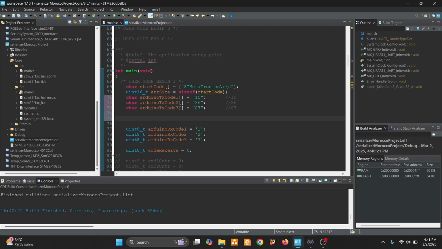So what I'll do is uint16_t array1 size equals to size of this array. Now I'll do the same for 2 and 3: size of the second array, size of the third array. Okay, now what we'll do is we'll go over here,